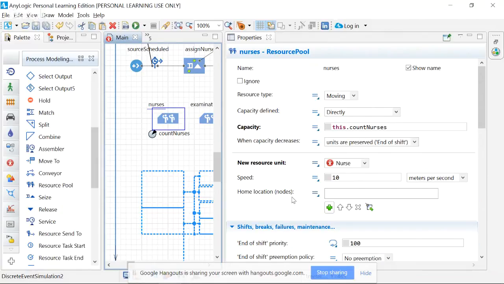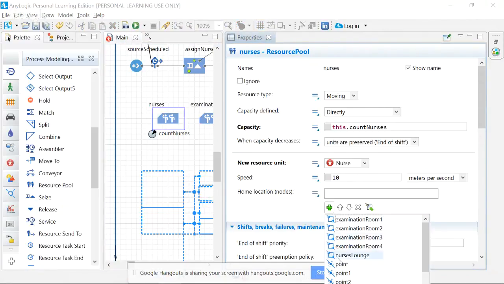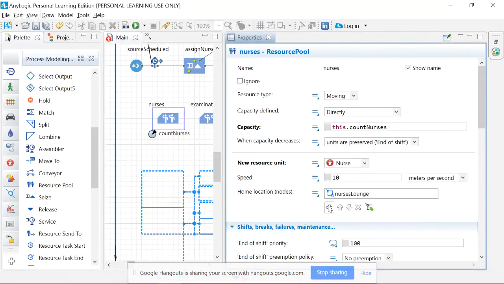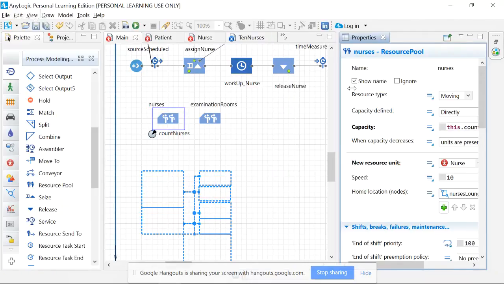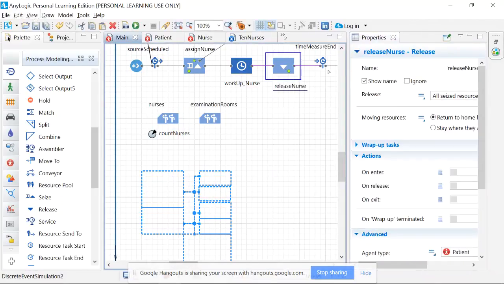Okay, so ladies and gentlemen, if we go to the resource pool, you notice we can define a home location for them, okay? And we can provide a plus, and we could say, okay, the nurse's home location is the nurse's lounge. The nurses are associated with the nurse's lounge by default. And as we'll see, when we release a nurse, ladies and gentlemen, say up here in our flow,